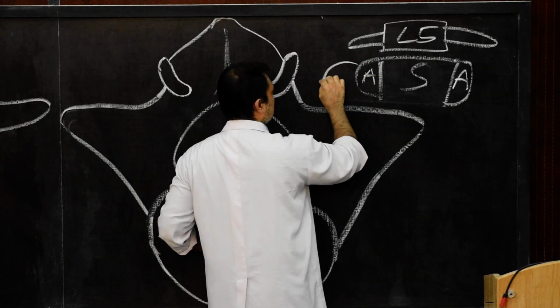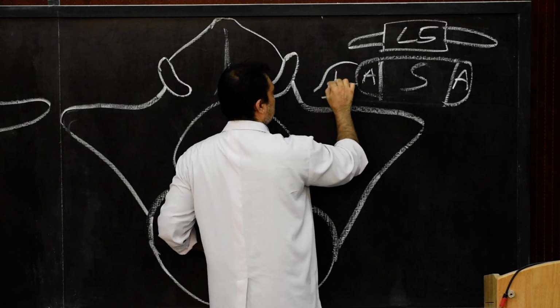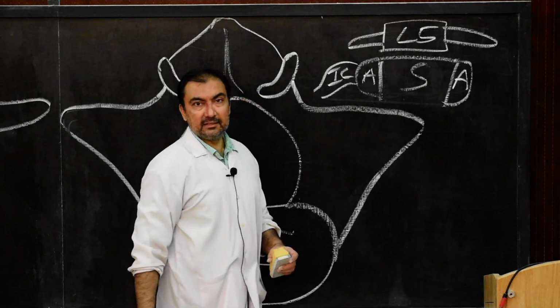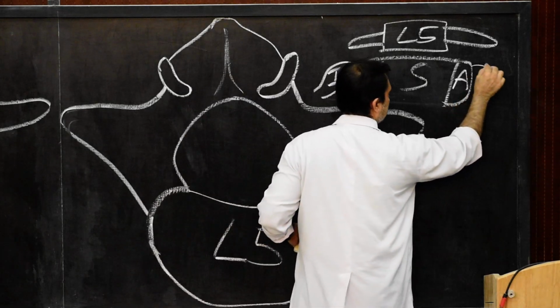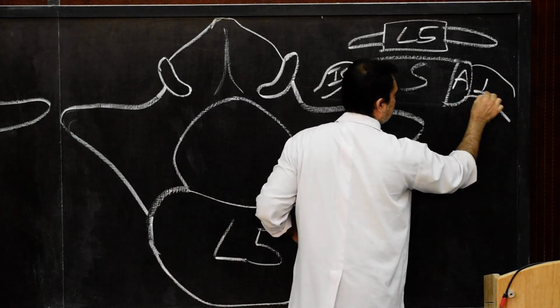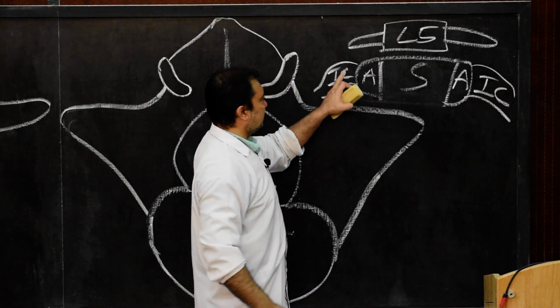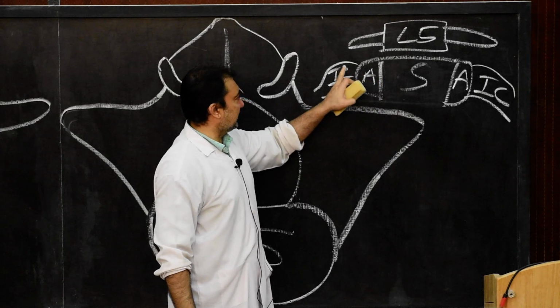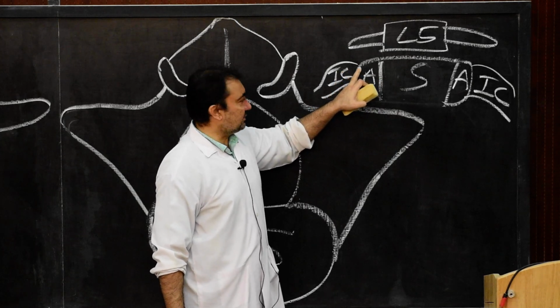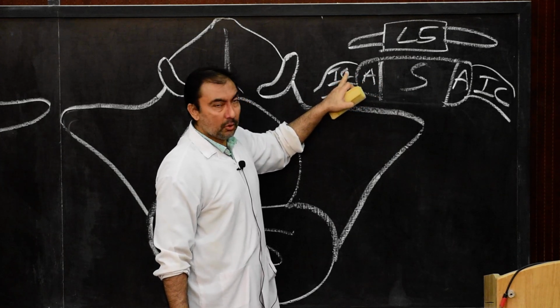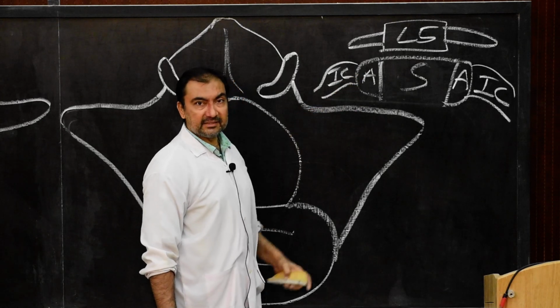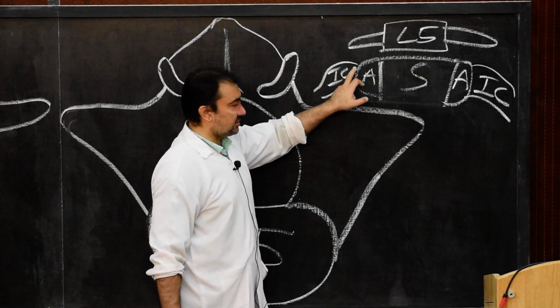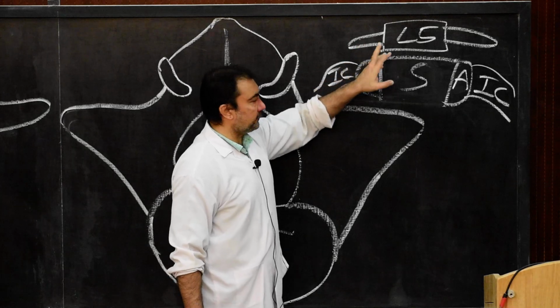And from here there will be the starting of the iliac crest. So this is the sacroiliac junction. The ala of the sacrum, this is the base of the sacrum, and the iliac crest. That is the junction between the iliac bone and the ala of the sacrum. So that is the sacroiliac junction, and the transverse process of L5.